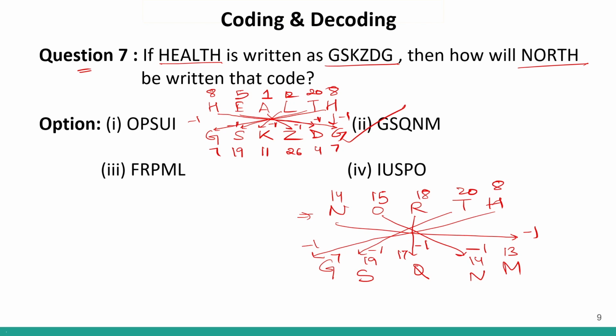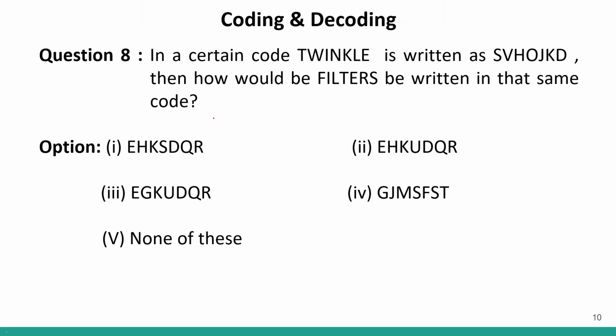Okay. Moving on to question number 8. In a certain code, twinkle is written like this. We have to find the code for filters. Now, this is the alphabets for twinkle. It is written as